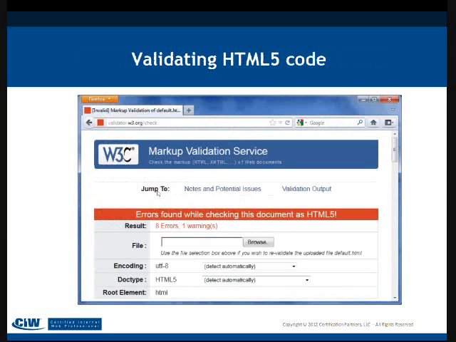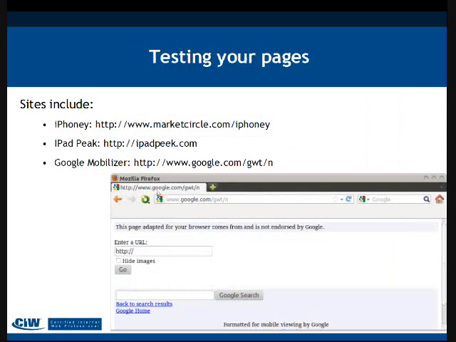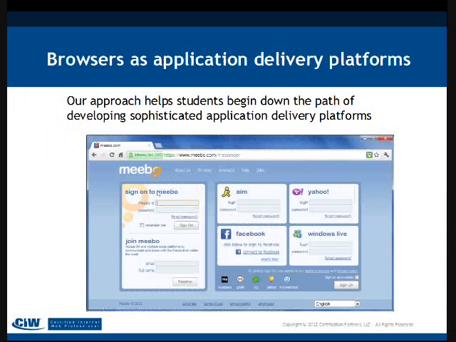One of the other things that I know, Patrick, you go into, as the course always has, is markup validation, making sure that people understand, now that we're moving from XHTML to HTML5, that we still offer that. And we provide all sorts of services to test your pages, the W3C site and others. And by the way, everybody's going to get a copy of this PowerPoint slide,